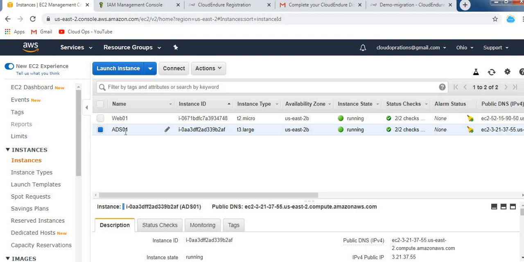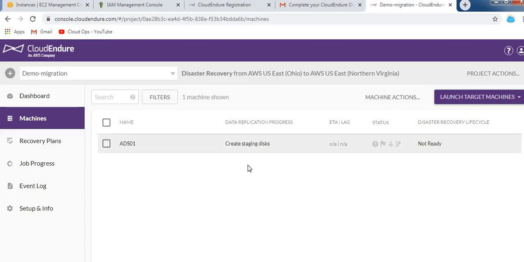This is my Active Directory plus SQL server, and this is my web server. I'm not touching this one, so I'm going to migrate ADS 01. Now it is creating a staging disk. It will take some time, so I'm keeping this on hold and we'll resume once it is ready for the next steps.